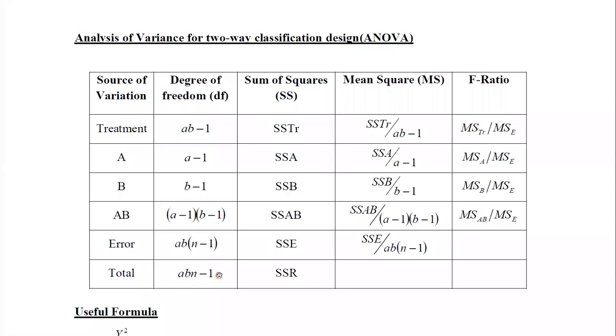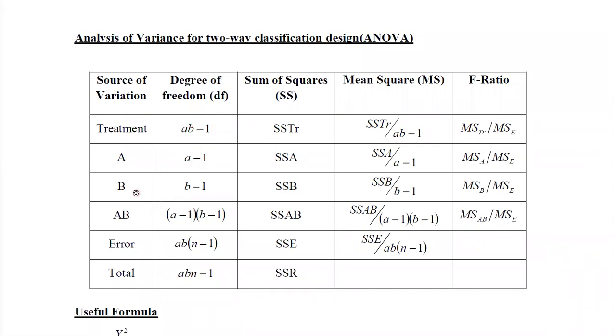And when we are using the two-factor factorial design, you need to use at least two replicates. It means that the value of n should be at least equal to 2. Otherwise, the error degrees of freedom will become 0. Therefore, the minimum number of replications that you can use in the two-factor factorial design is 2. Therefore, a minimum of two observations should be obtained for each combination of factor levels. Therefore, this is how we are obtaining the degrees of freedom.